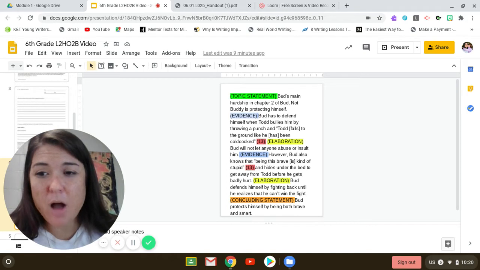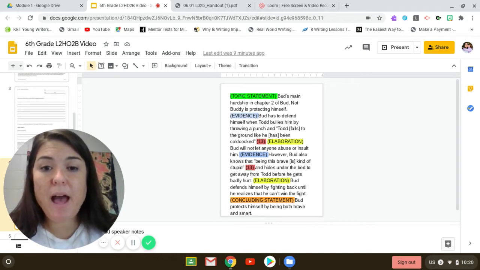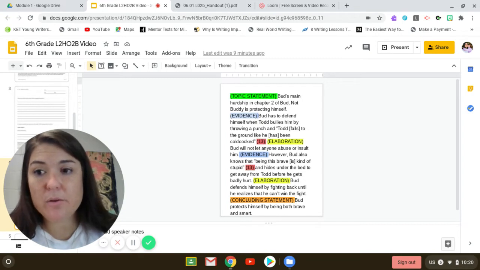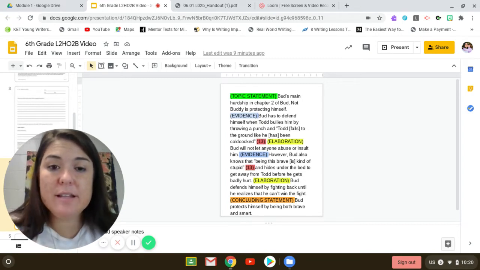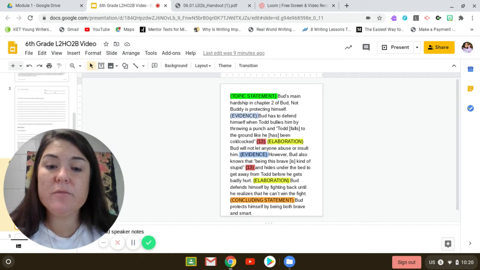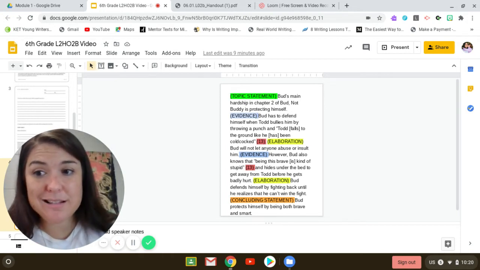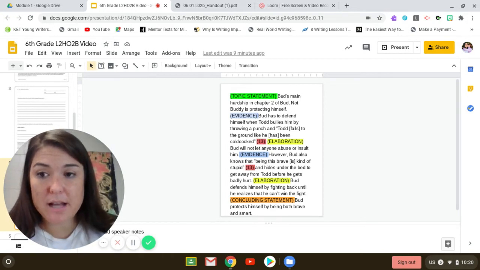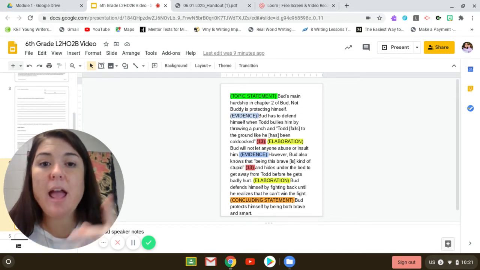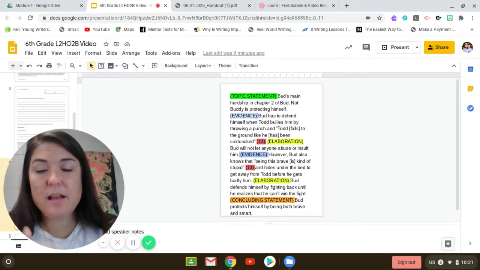In other words, like how would you explain it in your way? Bud defends himself by fighting back until he realizes he can't win. So this shows, when he says this, it shows that he will defend himself, fighting back until he realizes he can't win it. Concluding statement to tie it all up, Bud protects himself by being both brave and smart. And there were 2 pieces of evidence that